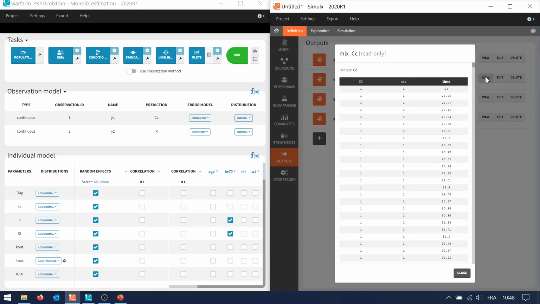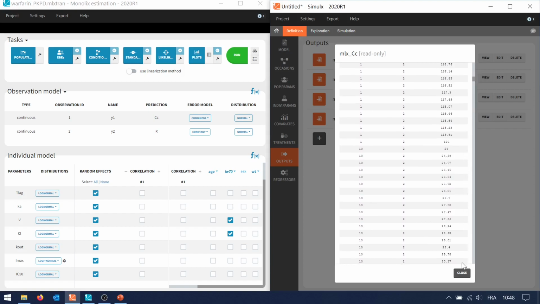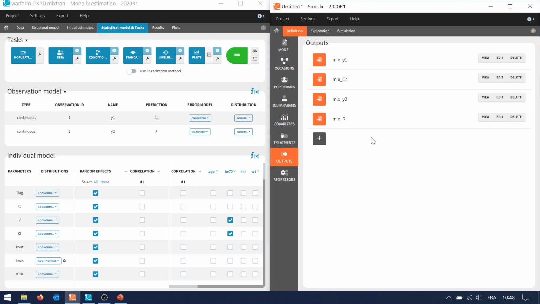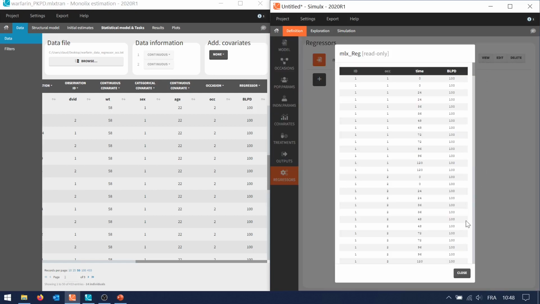For the predictions, in our case CC and R, a regular time step is calculated to generate a 250 points output spanning the time frame of the dataset. If the Monolix project uses a regressor, it is also defined as an element in the Regressors tab.